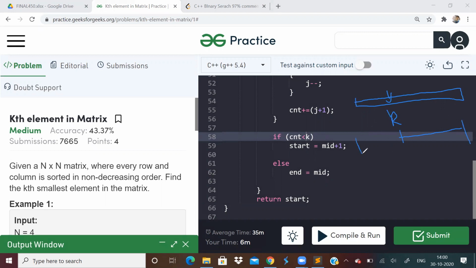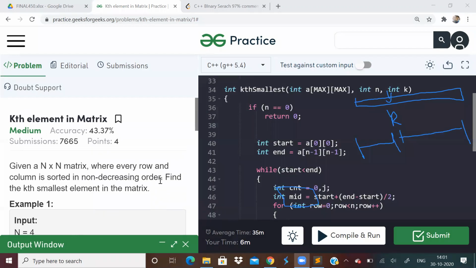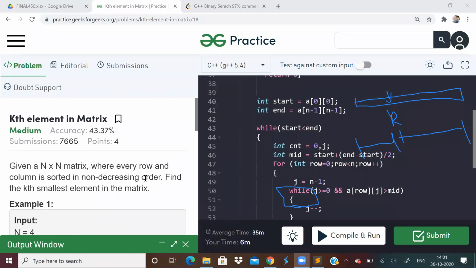Otherwise, we have to search in the left side. And ultimately, we'll return start because that will give us the kth smallest element. All this we can do because the matrix is sorted in row wise and column wise fashion. Otherwise, we won't be able to do this.